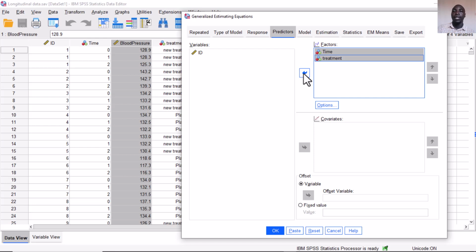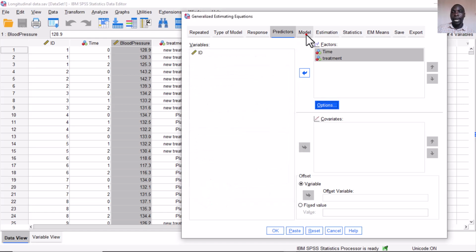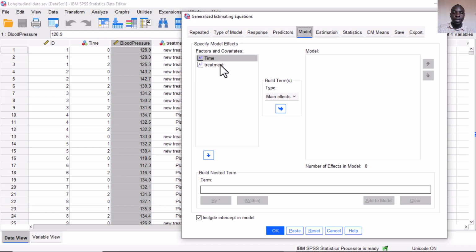Later on, we are going to look at scenarios where time is a continuous variable and should be put under covariates. We have to change under options. We choose the reference category. Here it is by default ascending, but we want it to be descending so that the very first category is the reference category. So click continue, and then under model, we are going to put both variables as main effects